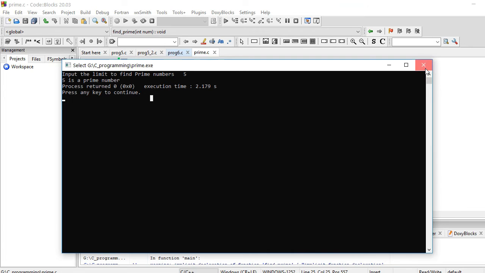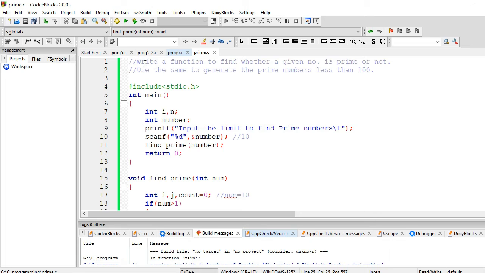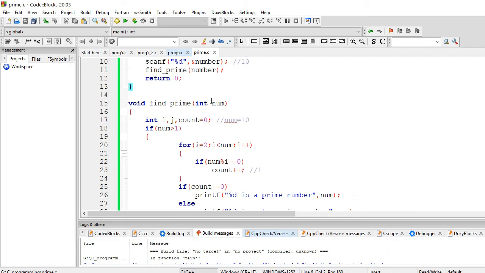Now we come to our second assignment: use the same function to generate prime numbers less than 100. What if I want to find all the prime numbers less than 10?